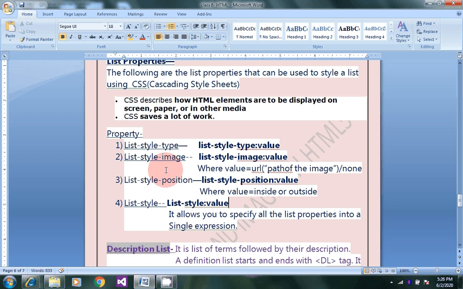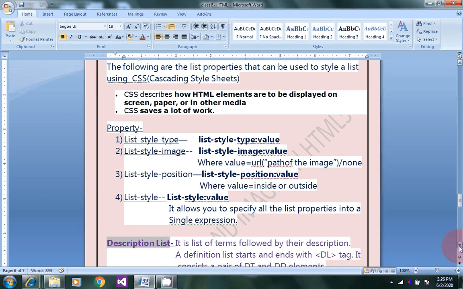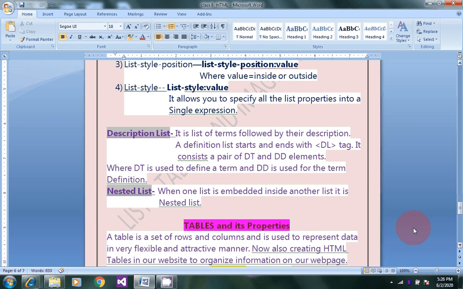Now the next is the description list. In HTML, a list style called definition list or description list is supported, where entries are listed like in a dictionary or encyclopedia. The definition list is the ideal way to represent a glossary or a list of terms or name-value list.